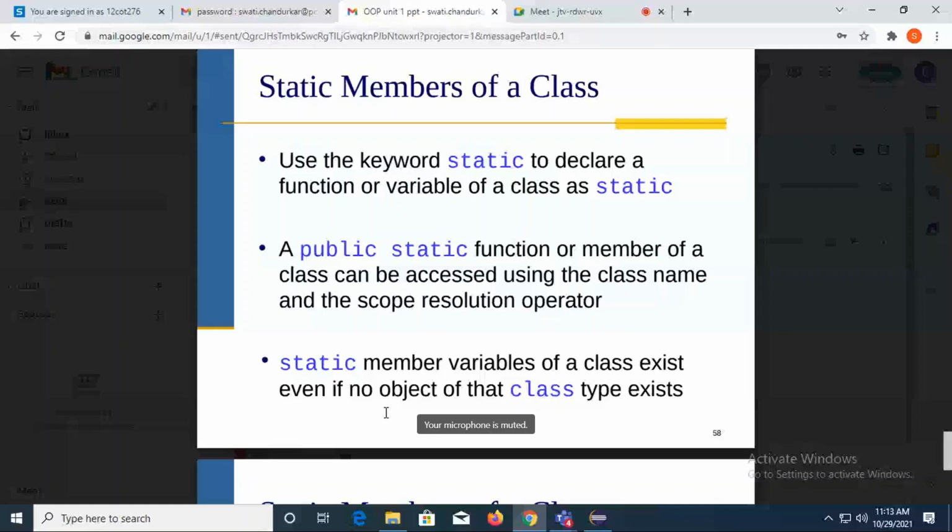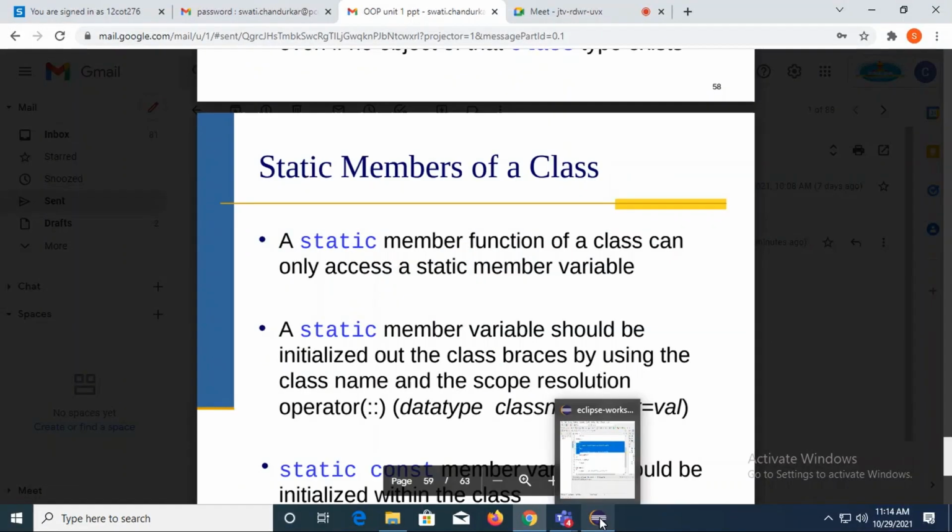Is it okay? This is compulsory when we are declaring the static variable. Another most important thing is who can access the static variable. Static member function can only access the static member variable.